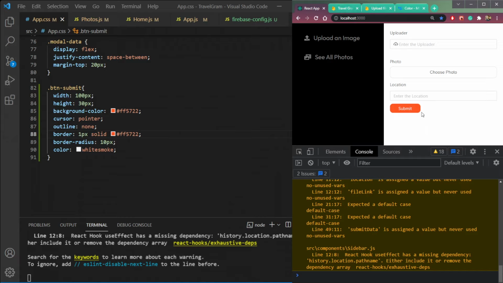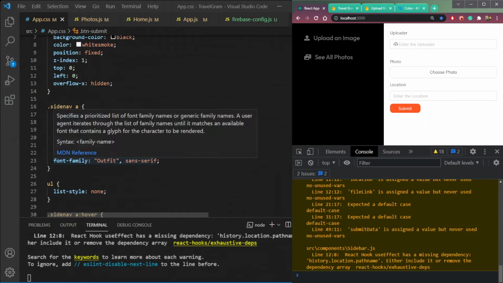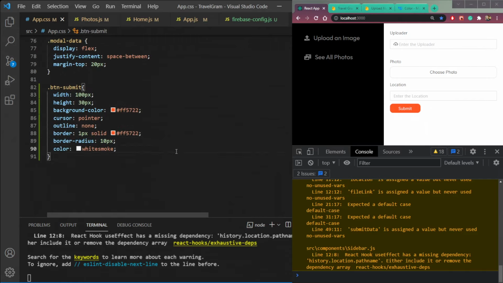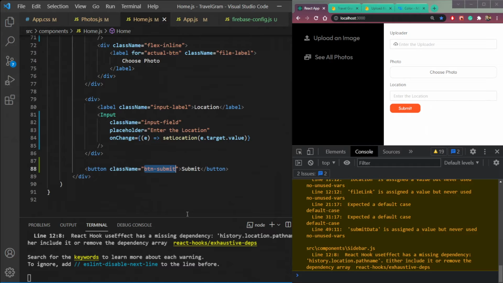So we need now a font. So we already had a font called outfit. So just copy and add the font in this button. So it's now looking better. Our submit button. Then in this home.js, we need to map that function that we created to this button as an on-click event.